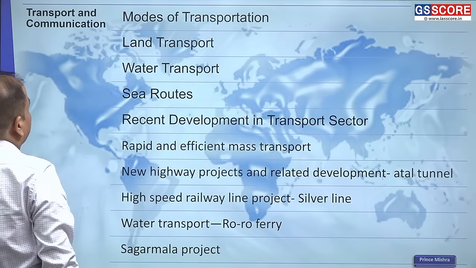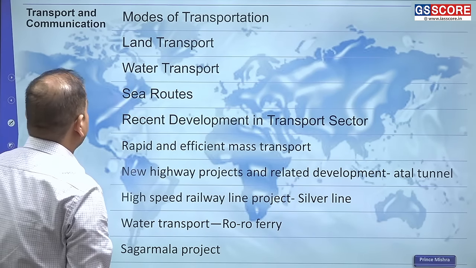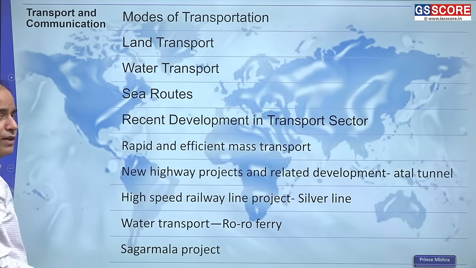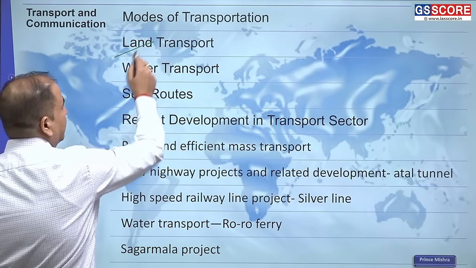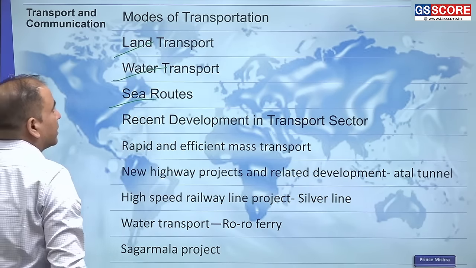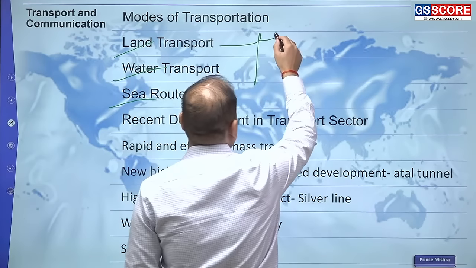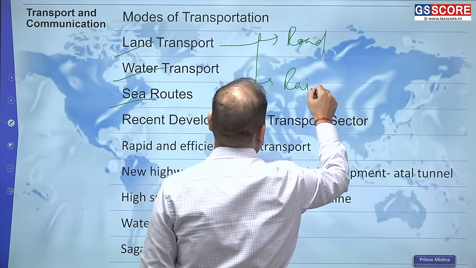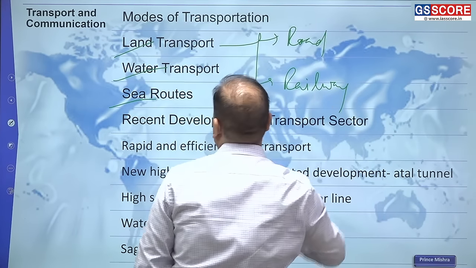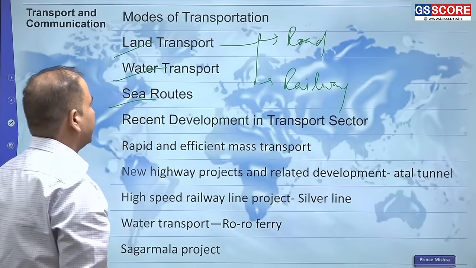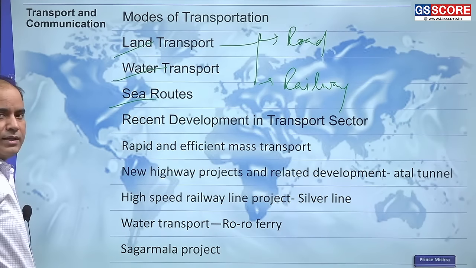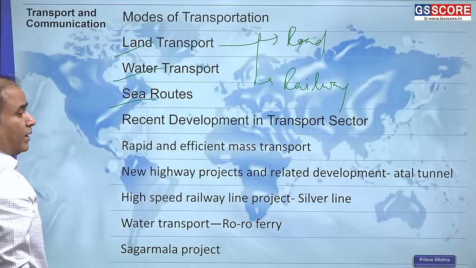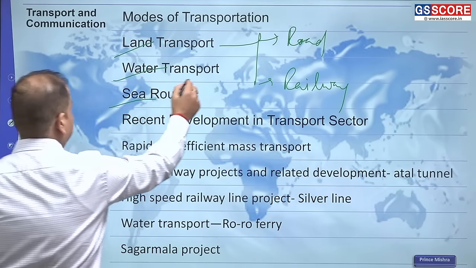Now at the end we have transport and communication. In transport and communication we have the modes of transportation: land transportation, water transportation, sea transportation. In land transportation you will have the roadways and also the railways. How are the roadways and railways affecting our transportation, what are the different issues, what are the major transport lines, what are the different waterways, inland waterways,